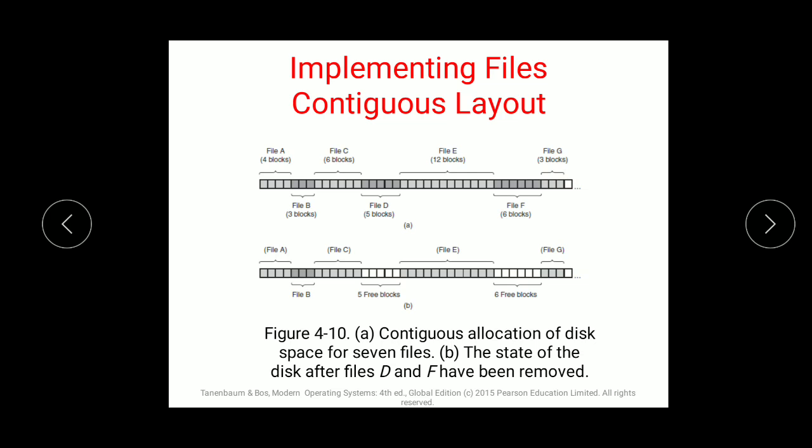For sequential access, the file system memorizes the disk address of the last block referenced. That is, for sequential access, it will access the last block of that file. Suppose the last block of file A is 10, it will keep that in memory so that the next file which comes will be allocated block 11.